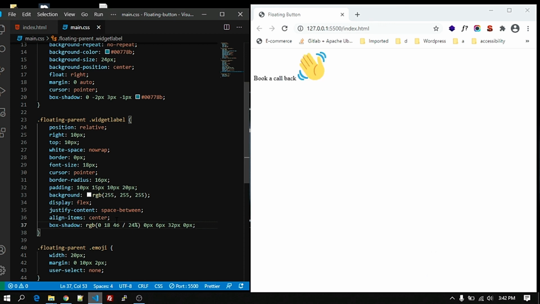So we have added the back shadow as well. So you can see here we have created the floating button with a text. It's also a responsive floating button.